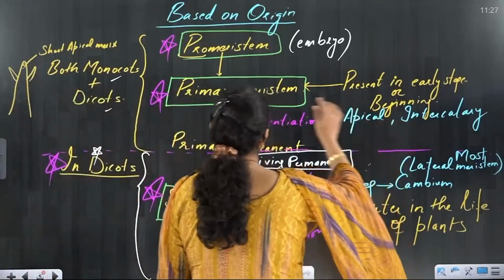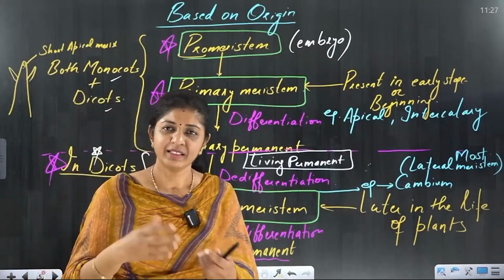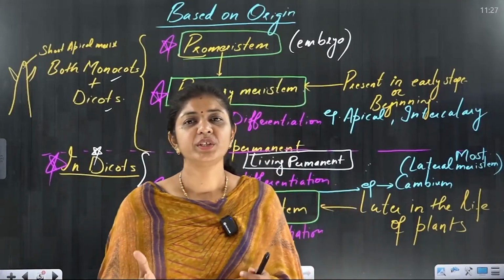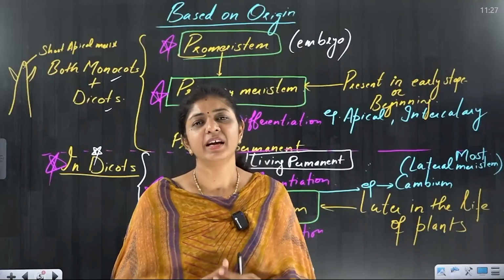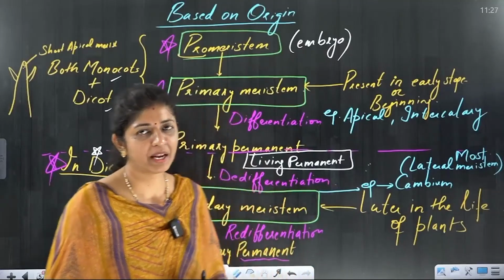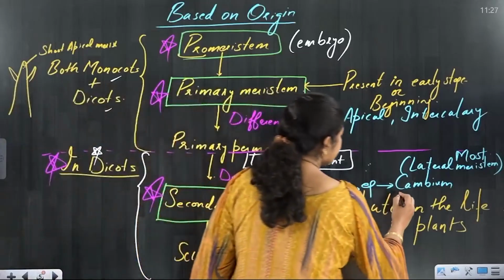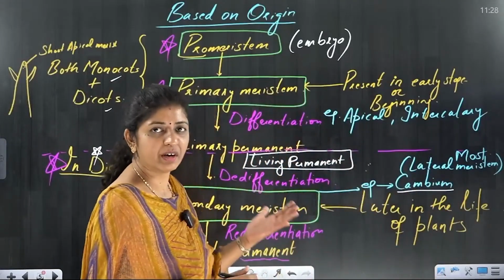Intercalary will even come under primary meristem, because to increase the length of the internode, that is there already in the beginning in a plant. Are you getting that? So which are there in the beginning and helping in the growth of the plant, that you call a primary meristem. Secondary meristem will show the lateral growth, and here the word I use is cambium, which is formed later in life. Are you getting that?